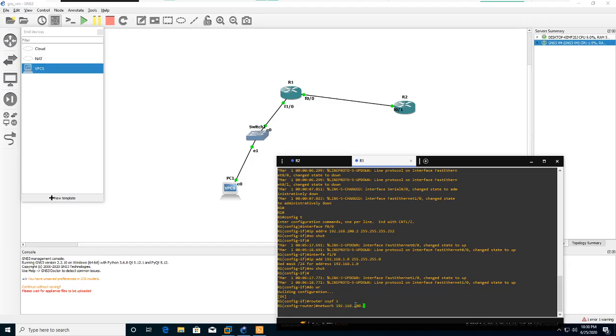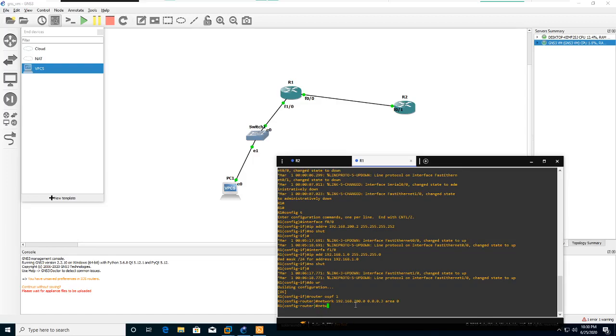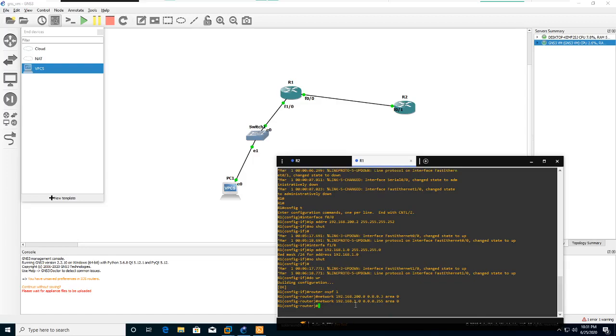192.168.200.0 0.0.0.3. This is the wildcard mask address. Okay, and area 0. Then another network, 192.168.1.0 0.0.0.255, area 0. Okay, so we configured the OSPF on this router at the moment, and then we're going to configure